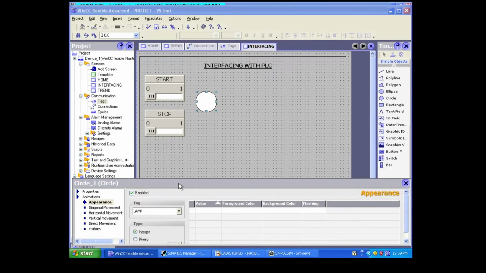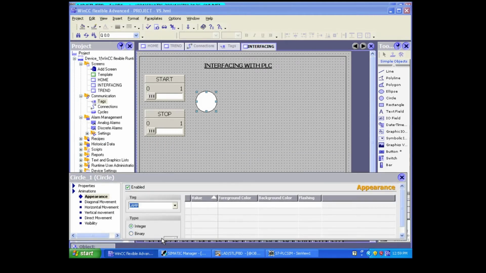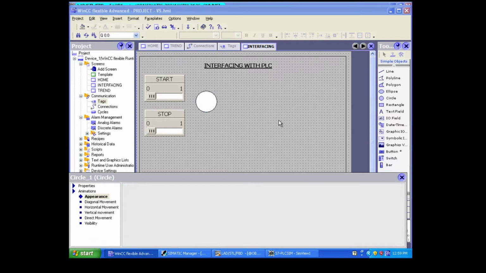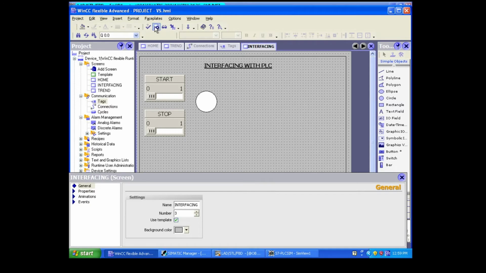Fine? So when it is lamp, you need to choose the bit option. Bit option is here. Choose the bit option. Click on this. Click on this. So 0 means what color it should give. I'll go for red. And 1 means it should be green. And I am doing the flashing. Got it? So all the steps are done. We have designed the process in the SCADA page. We created the tag and interlinked with the PLC by using the address. Got it? So communication has also been made.